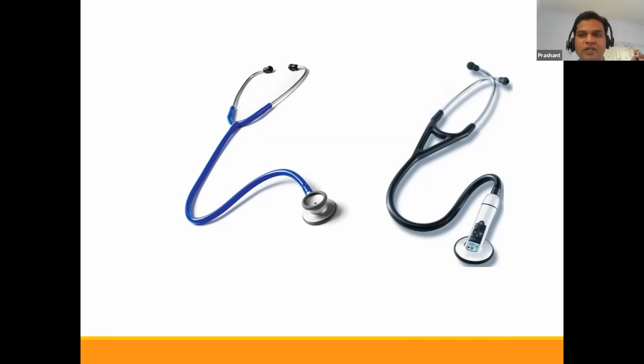He has to manually hear your heartbeat, and there is a possibility of manual error, right? He has to count manually how many beats in a minute or 30 seconds or 60 seconds, and there are chances that he may miss out and note like 70 or 73. So there is a margin of error. Whereas your technically advanced stethoscope will provide you a digital display of your, let's say, heartbeat.